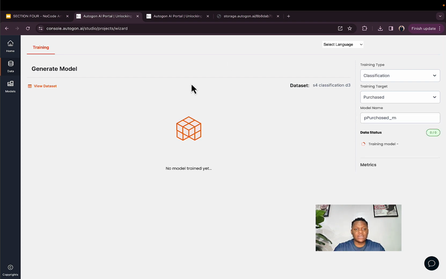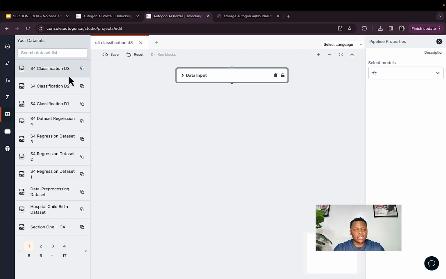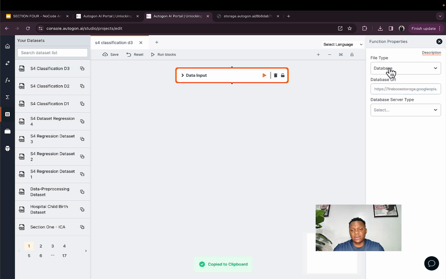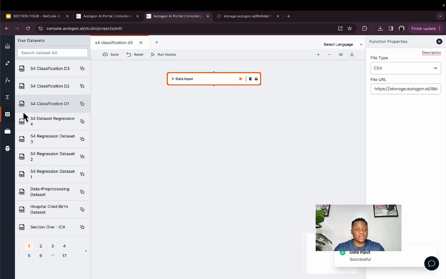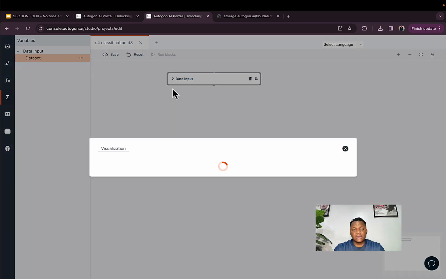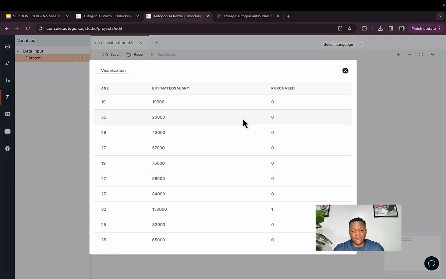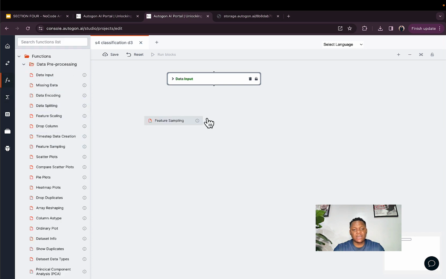And while this trains, on the other side we're going to drag in the data input, and then we'll click on dataset, and we'll copy this, hit on this, and we click on run, and then we get our accuracy, which is actually beautiful. And so you visualize your datasets, and okay, so the next thing we're going to do, we're going to separate the independent variable from the dependent variable. So we'll bring in the feature sampling, and